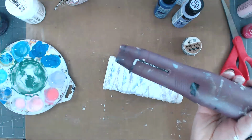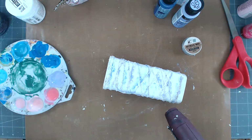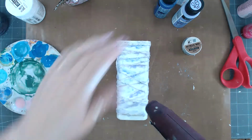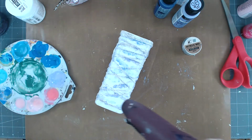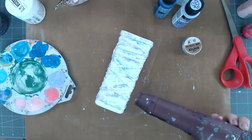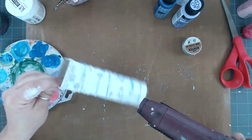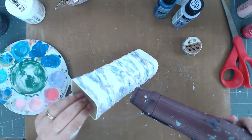I inherited this from my mother-in-law actually, and it's old. It's mean, but it works. Yeah, I did. She wasn't using it, and I said, "Can I have it?" And I'll tell you what, it's a really old Marvy heat gun. It's awesome. Now, one thing I would love is I will get in here and really make my paint bubble